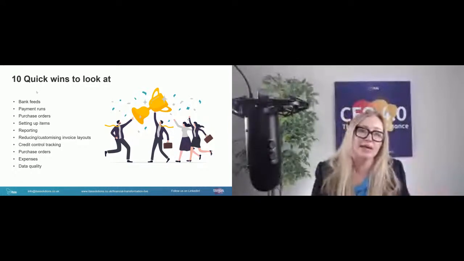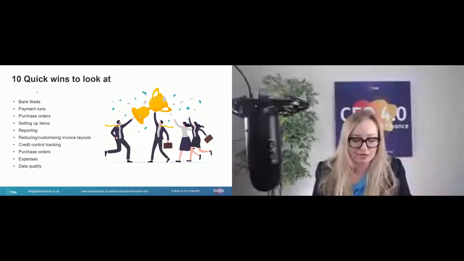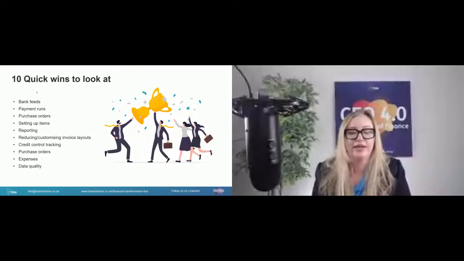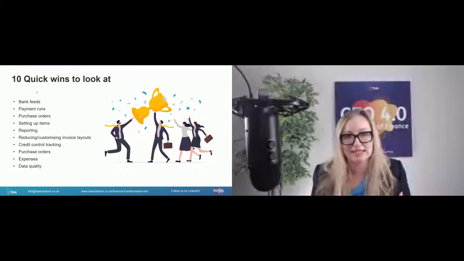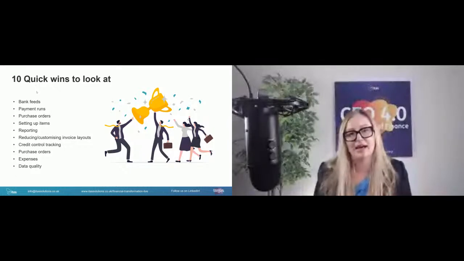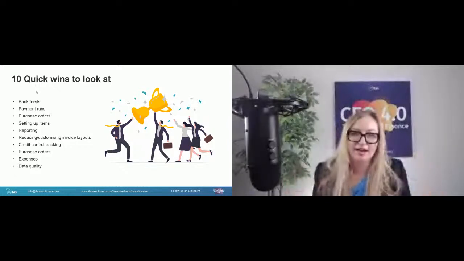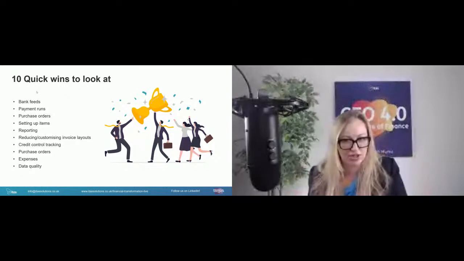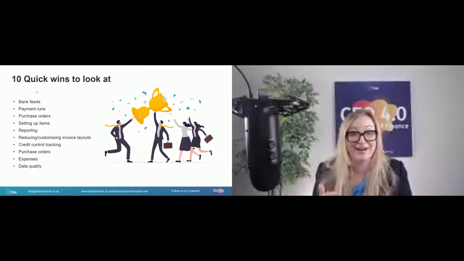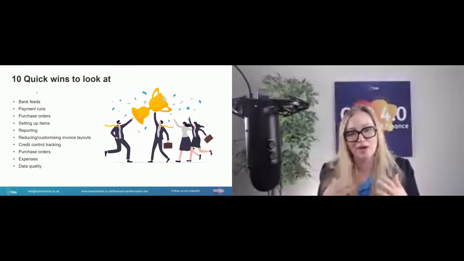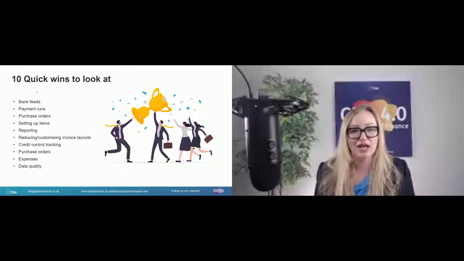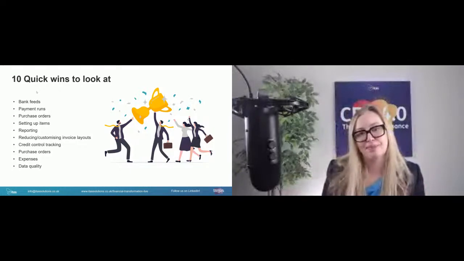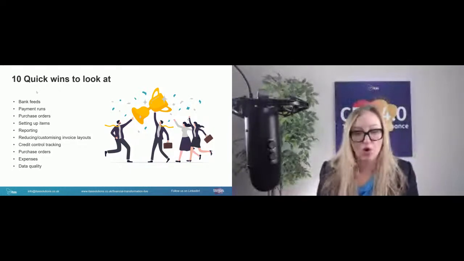And you need to look at it from end to end. So don't be obsessed with finance holding data, right? Welcome people keeping that data updated, like sales teams, making sure their accounts are updated and getting visibility of contact information and things like that. And yeah, don't be wrong, there's a lot in that about integration, which we'll talk about in a second. But that's a topic I've already talked about for our next Financial Transformation Live. But this is just thinking about the quality of the data that you're holding.